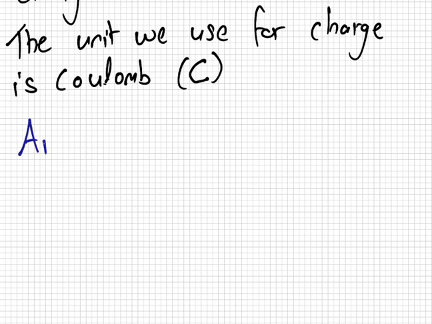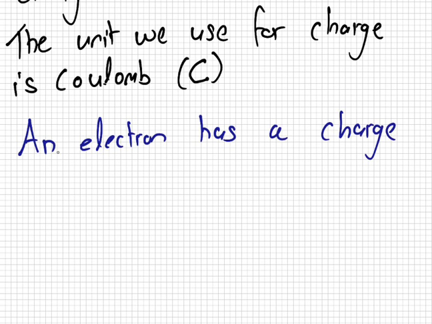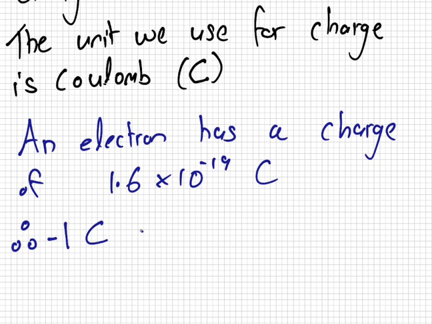So you could say an electron has a charge of 1.6 times 10 to the minus 19 coulomb. So therefore, minus 1 coulomb of charge is the same as the